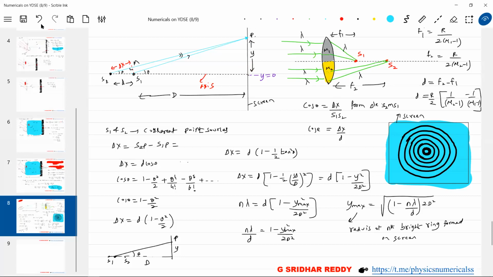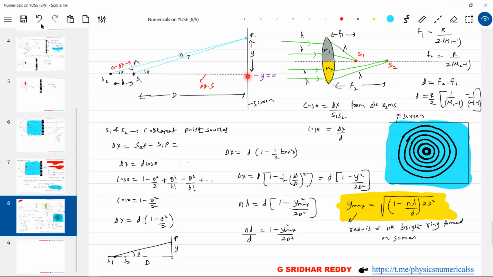Please verify the equations you have. I want you to analyze here. We theoretically derived the equation, now you have to analyze it. Please analyze the conditions. As y increases, will the order of interference increase or decrease? That is my primary question. You have to analyze this equation. Put y equal to 0. I'll get the order of interference d by lambda. Okay, got this. So d by lambda. Now, as I move away, the order of interference will decrease, not increase.